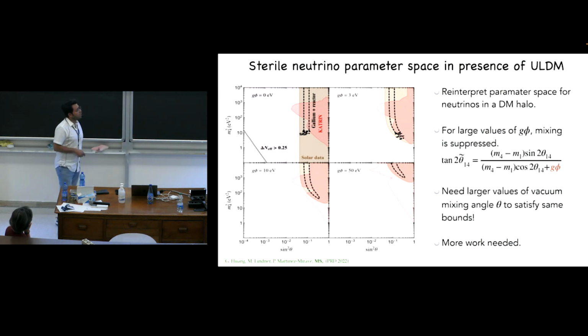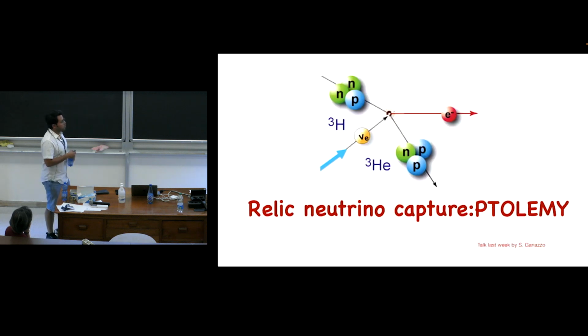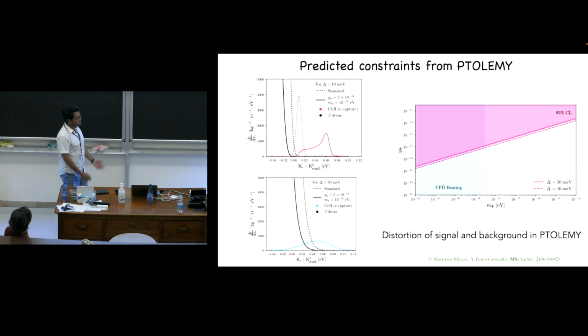So, a quick word on relic neutrino capture. We also heard a very nice talk on this by Stefano last week. The idea is, there is this relic neutrino background, and there is this PTOLEMY experiment which tries to detect it just by looking at relic neutrinos hitting a tritium target, and then looking at the endpoint. Now, this picture would change in the presence of this dark matter background,